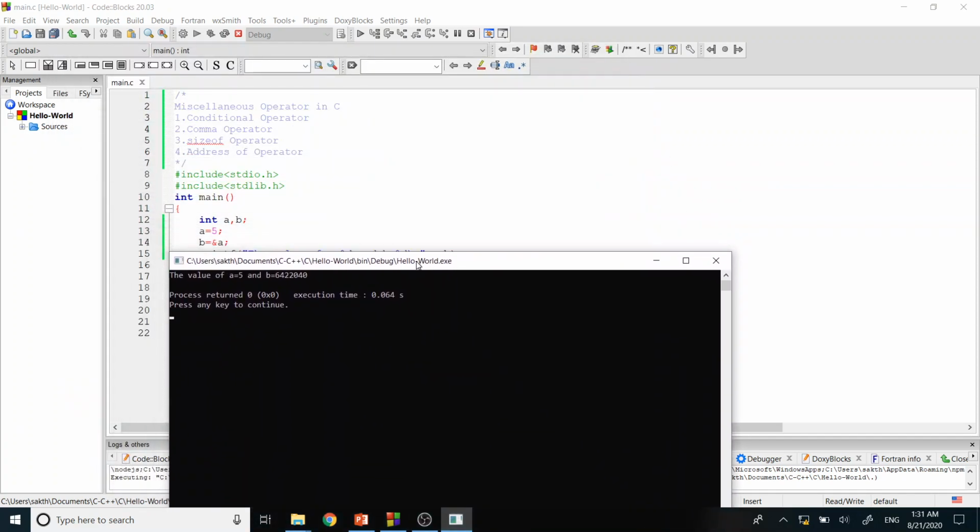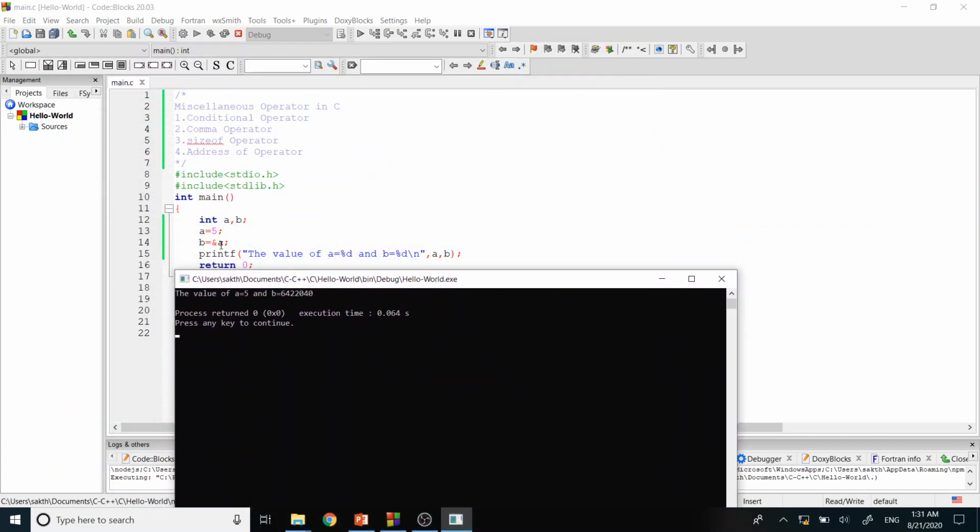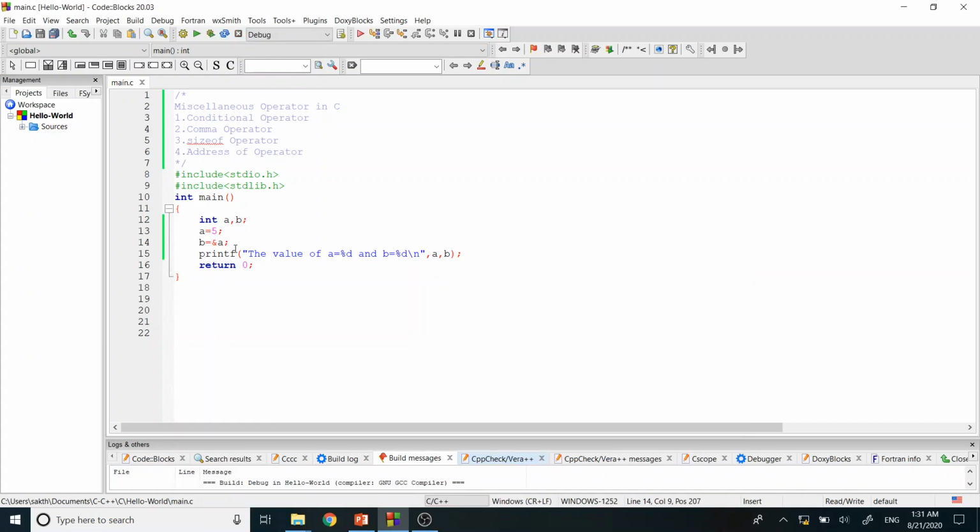Yeah, so if you see here, a's value is 5, but for b I have used the ampersand symbol here, which means that the address of a is stored in b. Okay, in case I try to use a constant here, it throws an error. That's because it says lvalue required as unary ampersand operand. Basically what it is trying to tell is that this operand should be a variable. You can't use a constant or any type of expression, or even a register type variable, with the ampersand for fetching the address of any value. So this is what the address-of operator is.